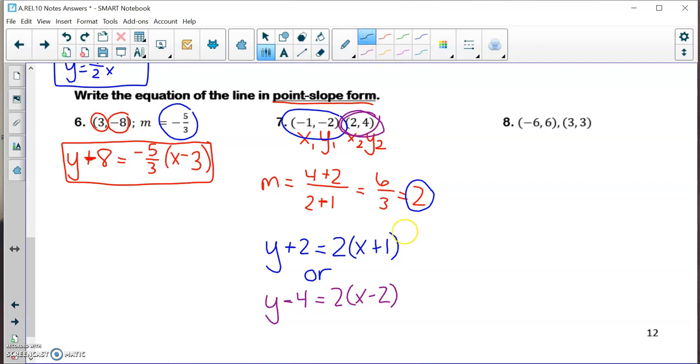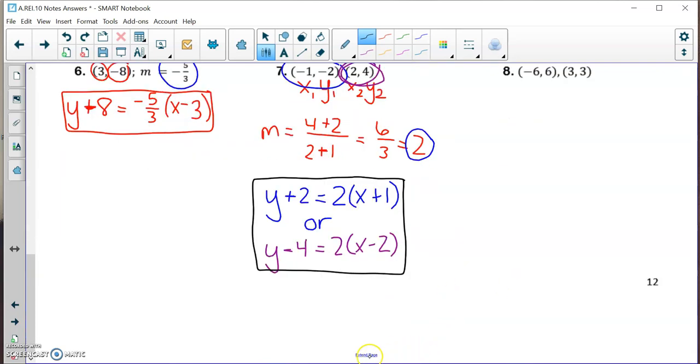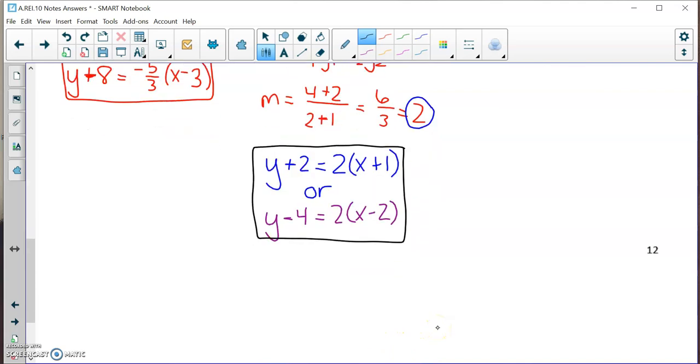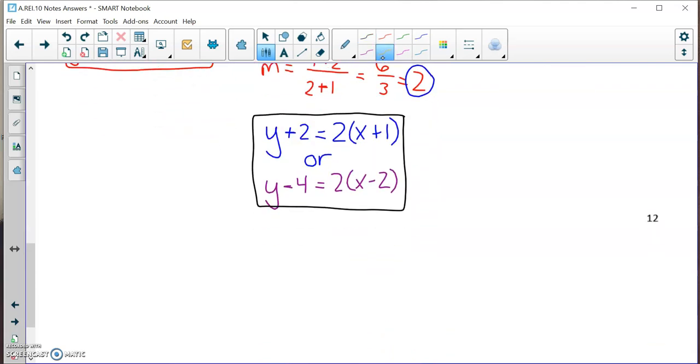So you might be thinking, wow, those two equations are wildly different equations. Look at them. They look different. They must be different. Well, in fact, these are not different equations. They actually equal the same slope-intercept form equation. So they don't ask you for this in the directions for number 7, but I'm going to show you real quick that this blue equation and this purple equation are technically the same. For the blue equation, if I transferred this into slope-intercept form, which I'm not expecting you to do, so you don't have to take notes over this,